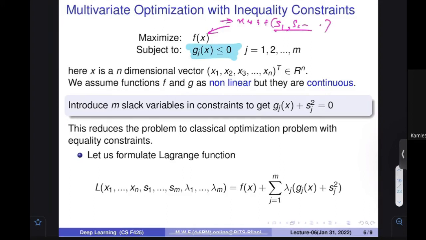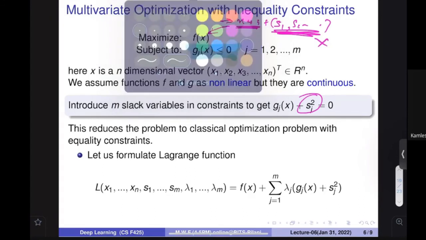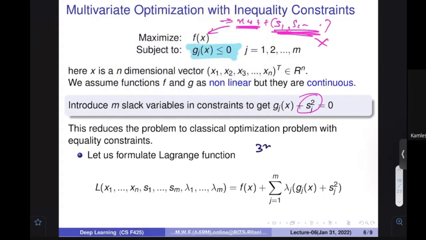But when my solution comes, I would neglect this thing. I would only report this as an answer because nobody is interested in that. So I can include a slack variable in my formula. All of you understand that if somebody says, for example, that 3x square plus 4xy is greater than or equal to 0,